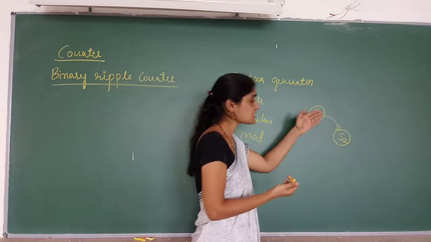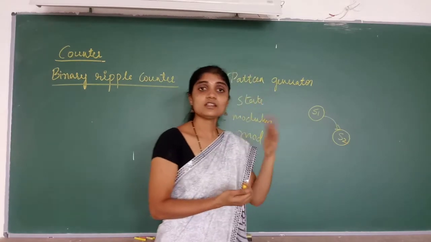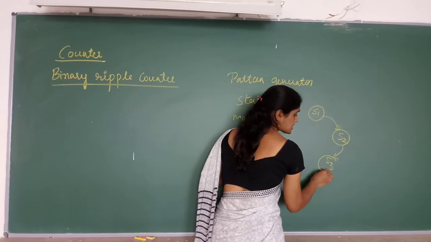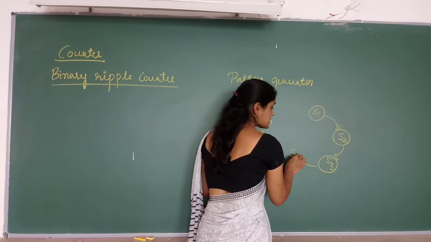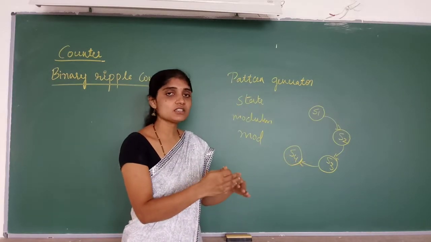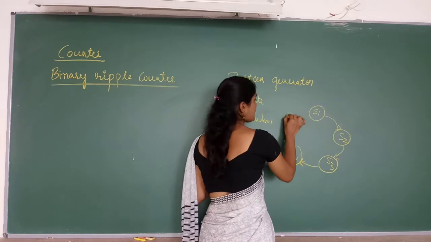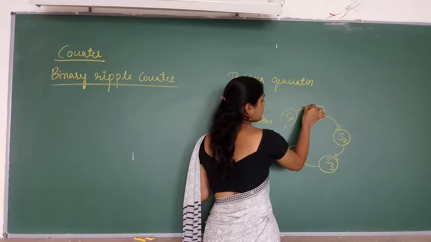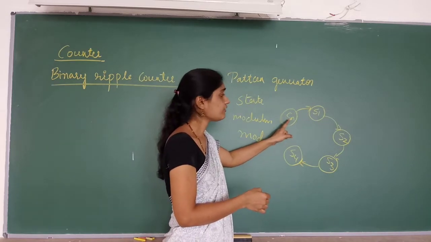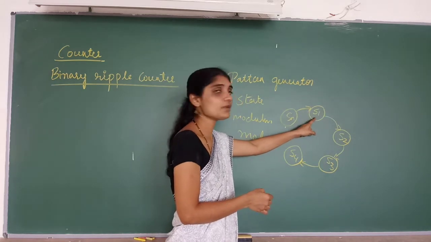So if S1 is the present state, S2 may be the next state. Similarly, if S2 is the present state, S3 is the next state. If S3 is the present state, S4 is the next state. Hope you are clear with what a state is. State means the pattern, the sequences that are generated. In the same way you will have Sn, the last state, depending on the counter, and when it reaches the maximum count, it repeats the sequence. Again it starts from S1.